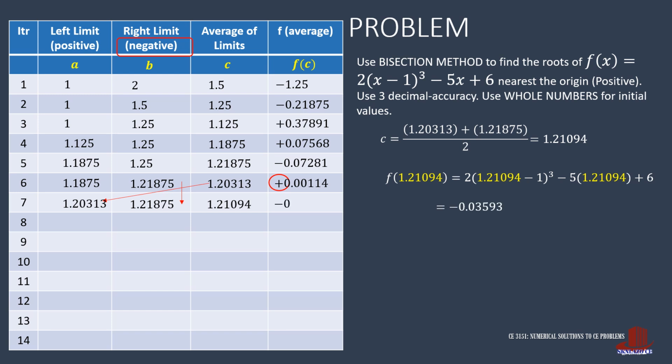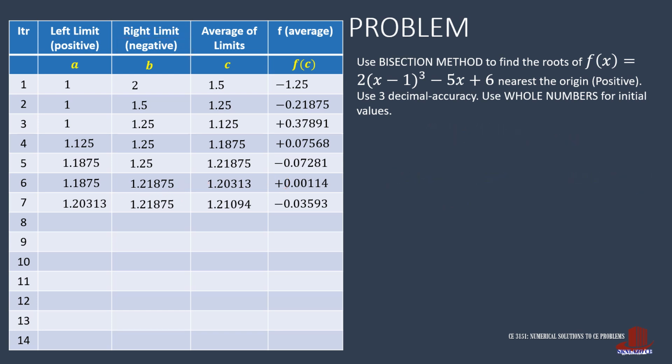The new f of c is negative 0.03593. There is an up and down trend of the f of c, but just the same, we keep on iterating